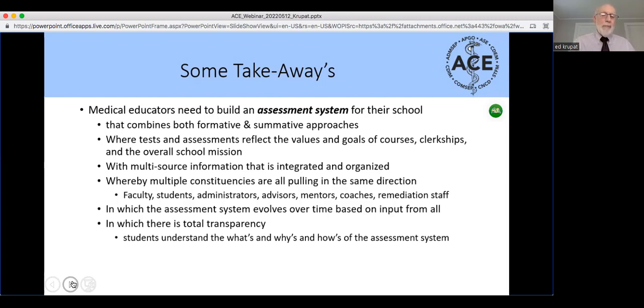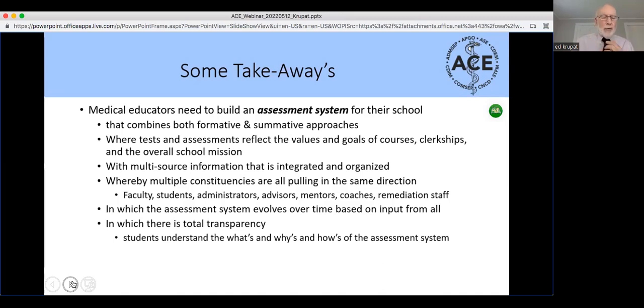Where multi-source information of many different kinds of tests from many different kinds of people is integrated and organized, where everybody's pulling in the same direction. Faculty, students, administrators, advisors, mentors, coaches, remediation staff, everybody's working together and sharing information on behalf of the student, in which the assessment system, by the way, evolves over time based on input about what's working and what's not working, which is to say you should assess your assessment system,